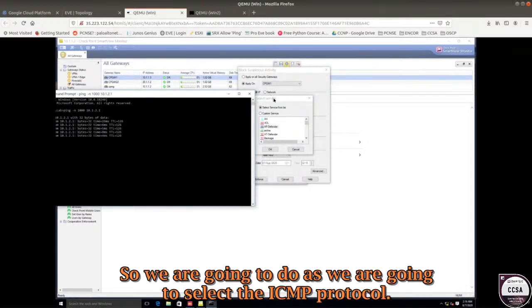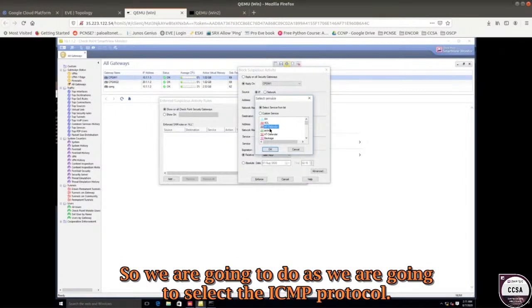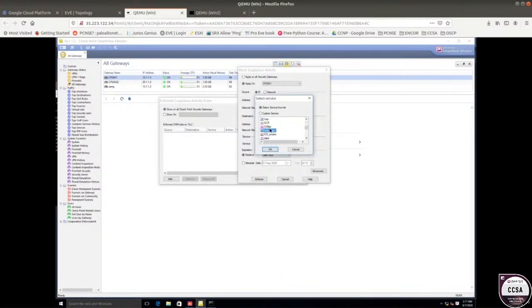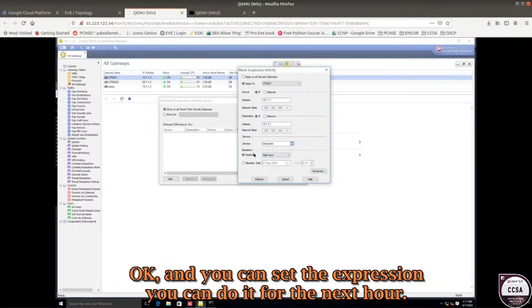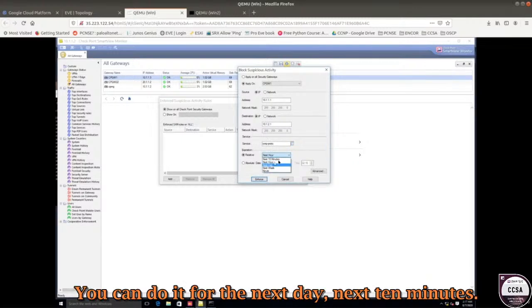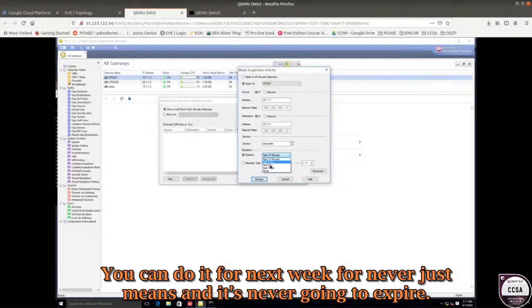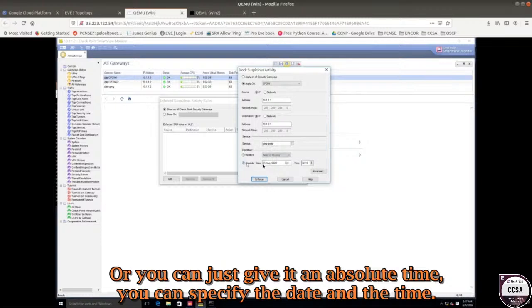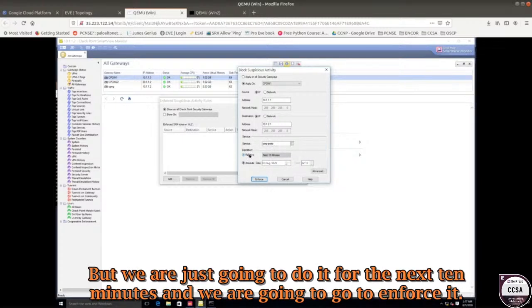So what we are going to do is select the ICMP protocol. There we go, ICMP protocol. Press OK, and you can set the expiration. You can do it for the next hour, the next day, the next 10 minutes, the next week, or never, which just means that it's never going to expire. Or you can just give it an absolute time. You can specify the date and the time, but we are just going to do it for the next 10 minutes, and we are going to go ahead